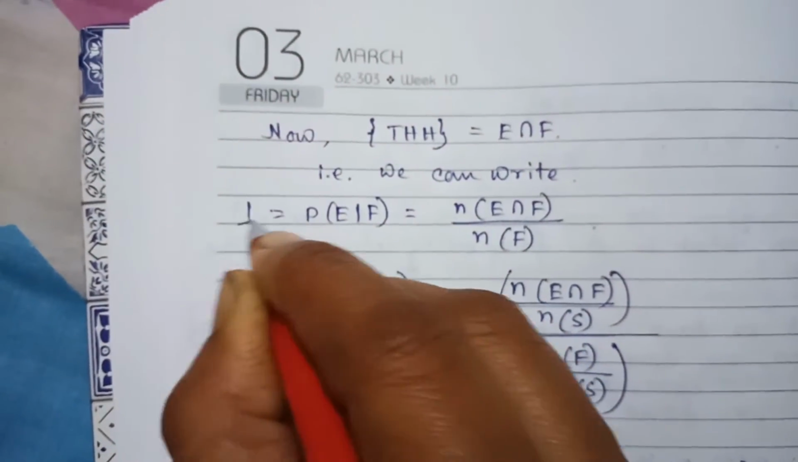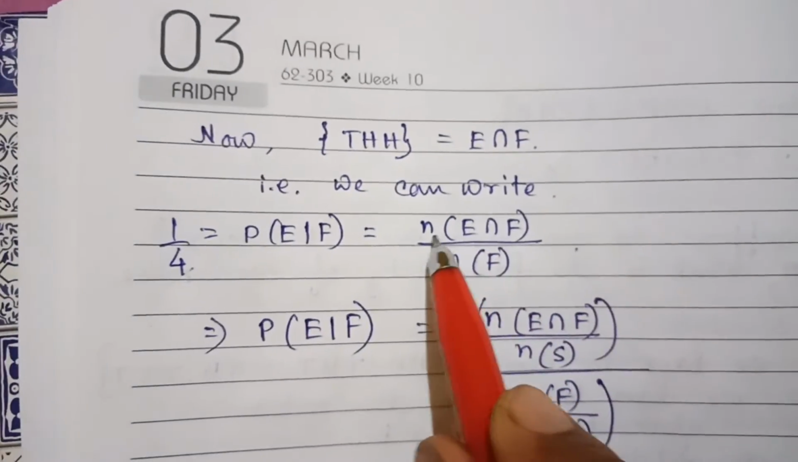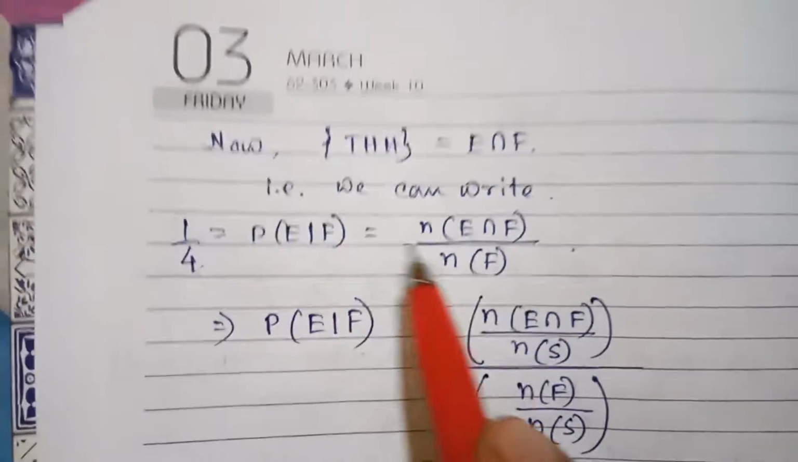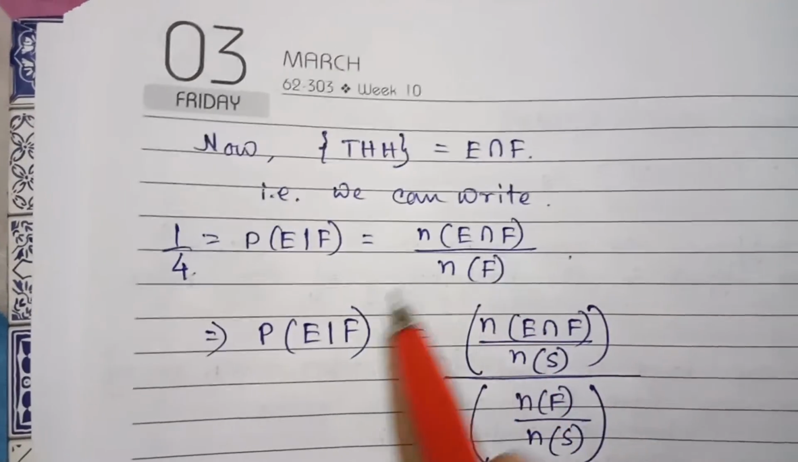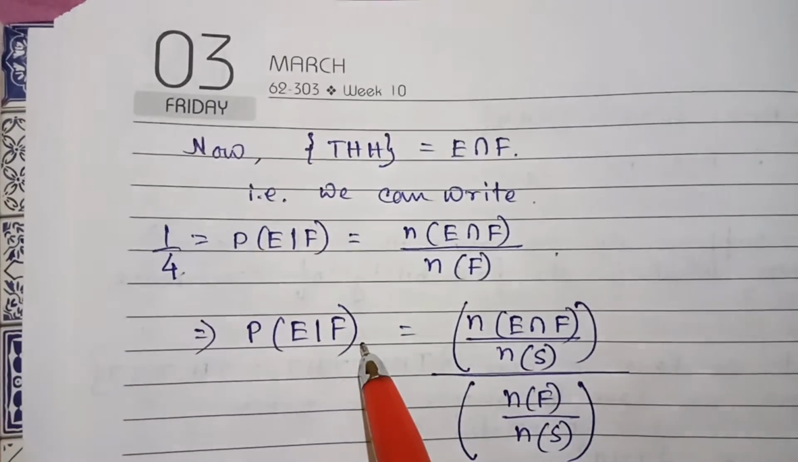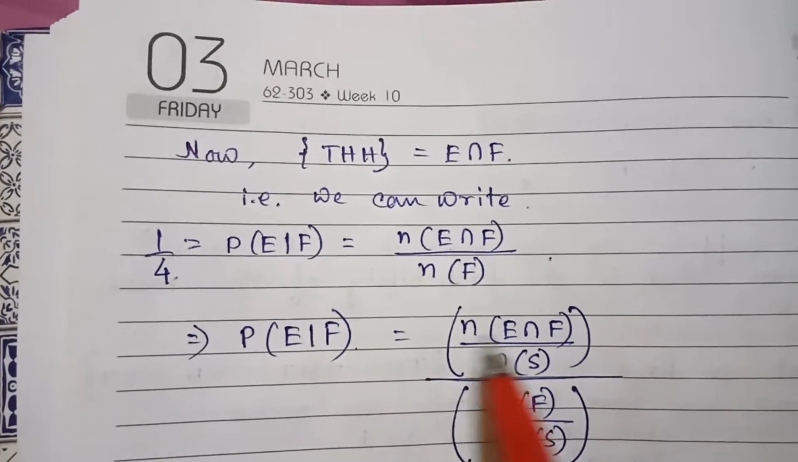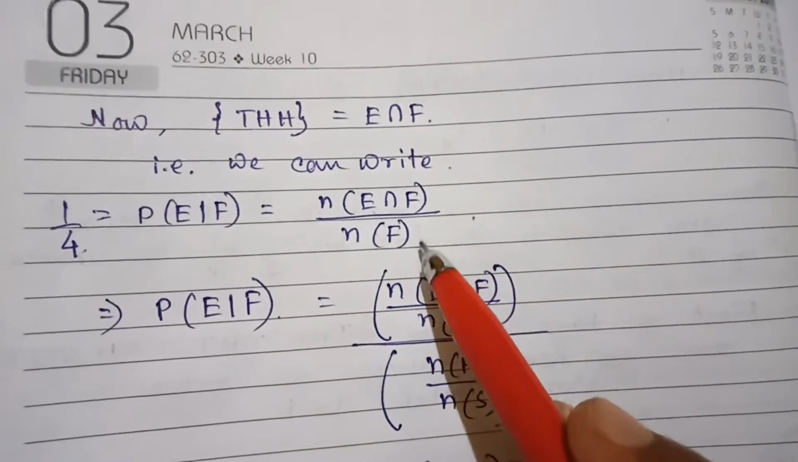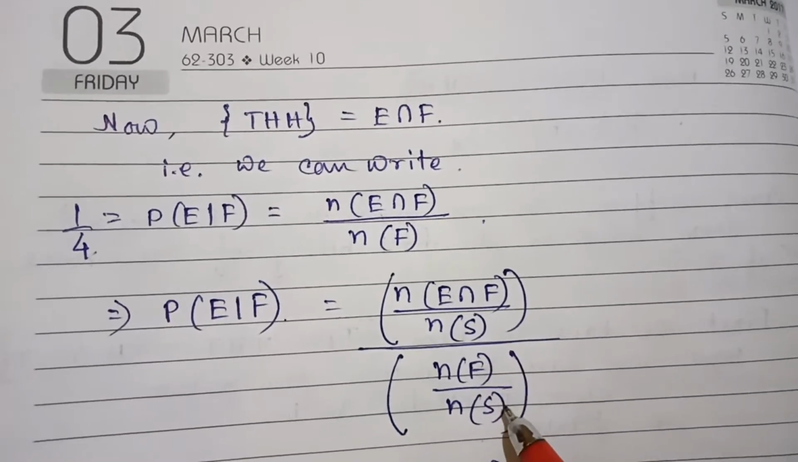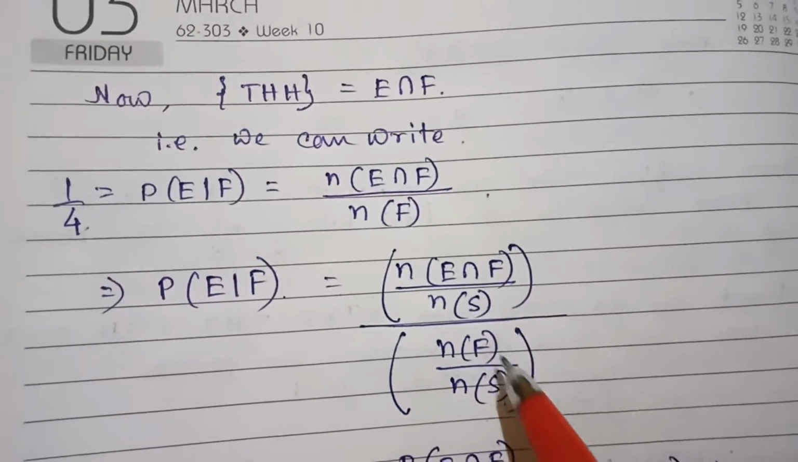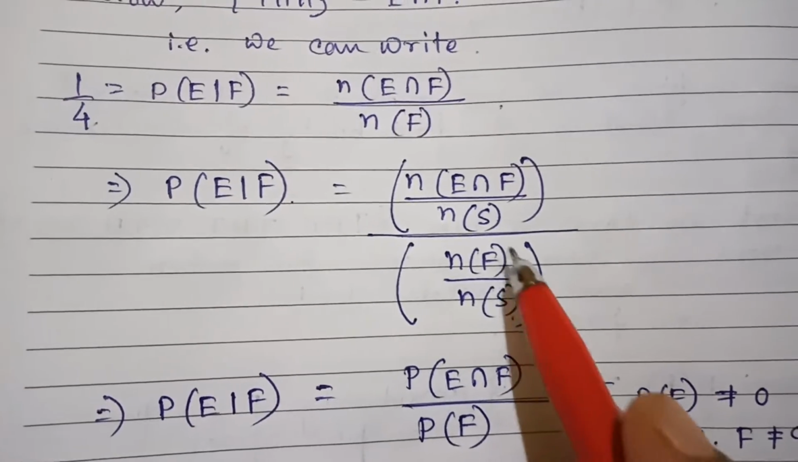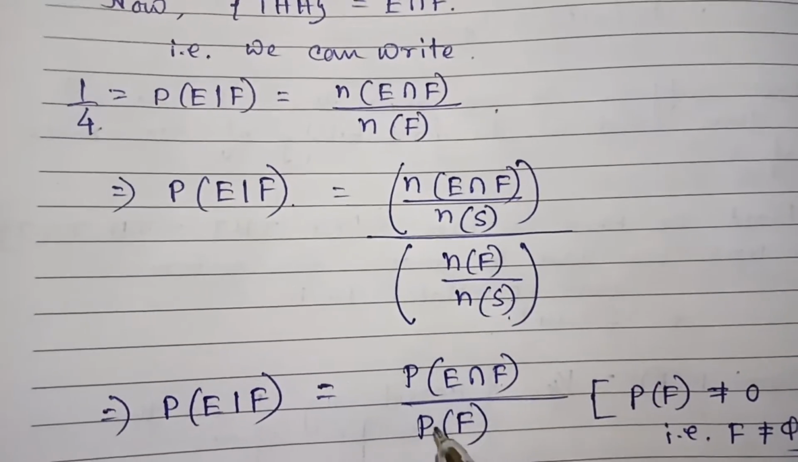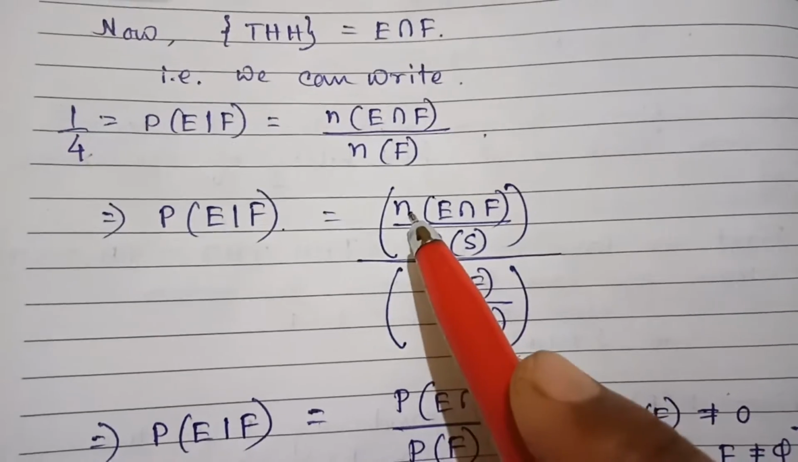This one was 1 by 4. So N of E intersection F equals 1 and N of F equals 4. So this can be written. Now P of E on F, we are keeping it as it is, and on the right hand side, the numerator and denominator both we are dividing by N of S like this. So the numerator comes as P of E intersection F and the denominator comes as P of F, because